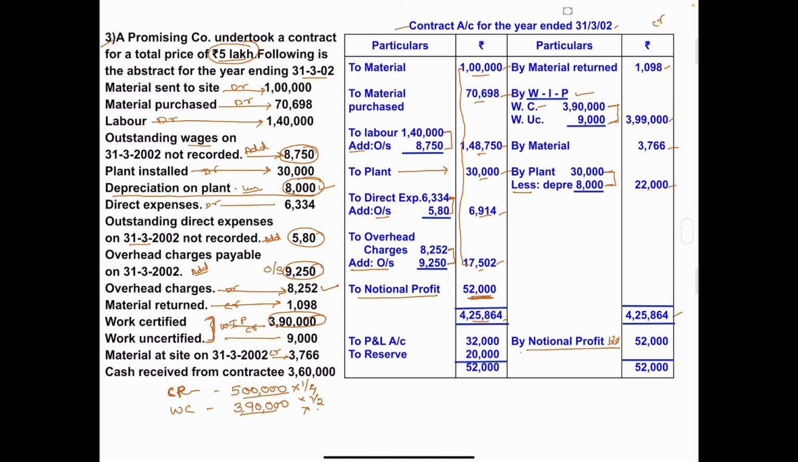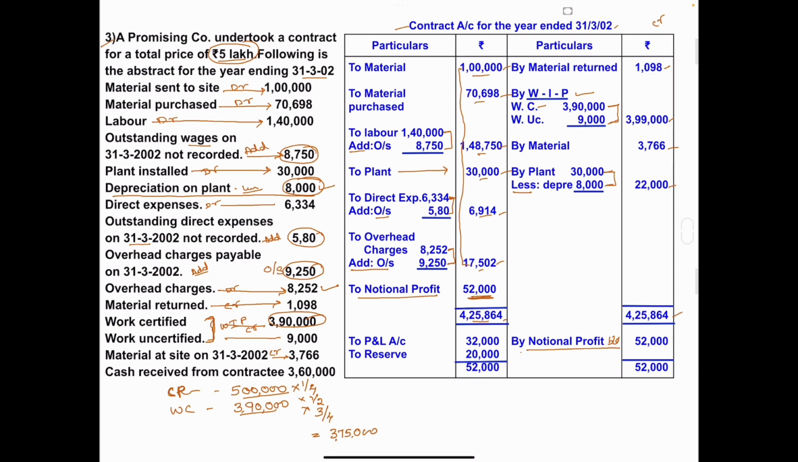5 lakh into 3/4. 5 lakh into 3/4, we will get 3,75,000. So the work certified amount is more than 3/4 of the contract price. So in this problem, the fourth condition,